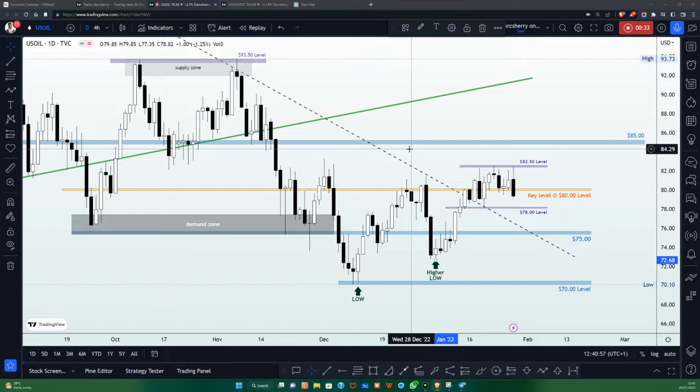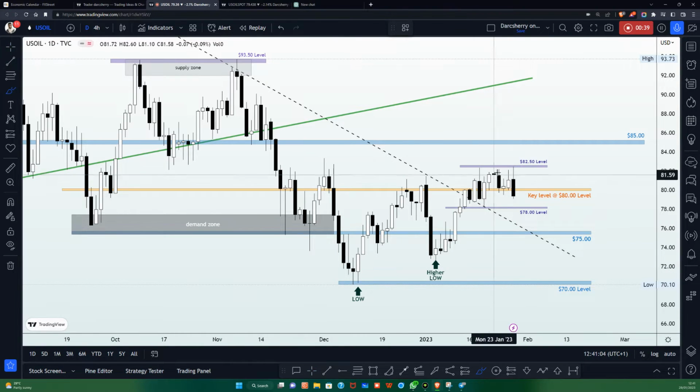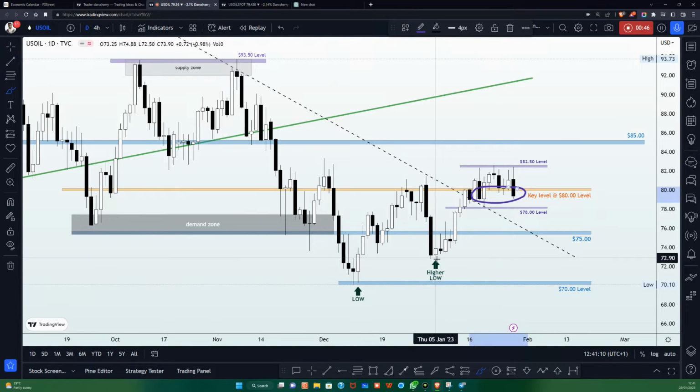It was a choppy situation for us last week here as we saw price action caught within a channel around the $82.50 level here and the $80 level around this area to emphasize that there is a level of indecision